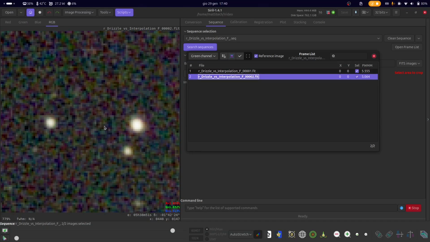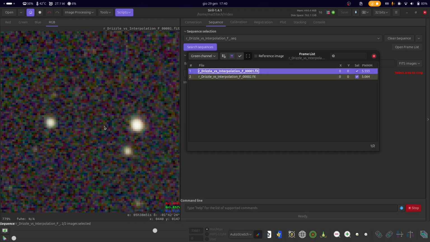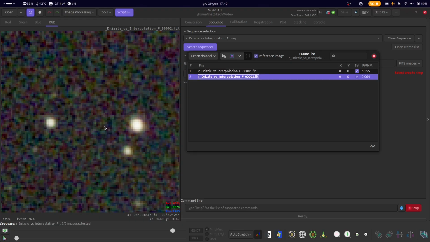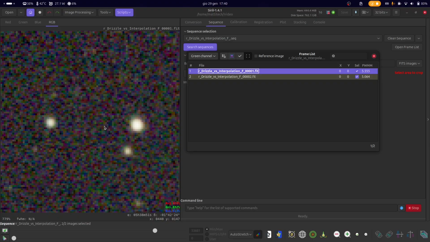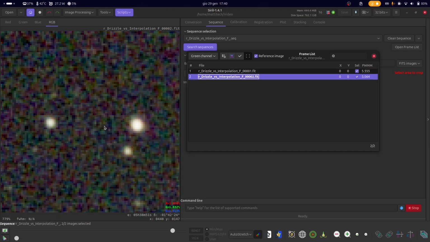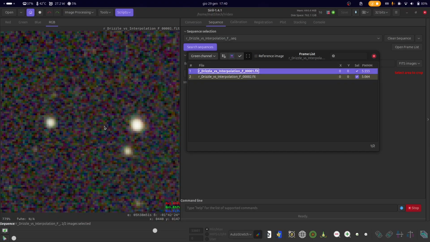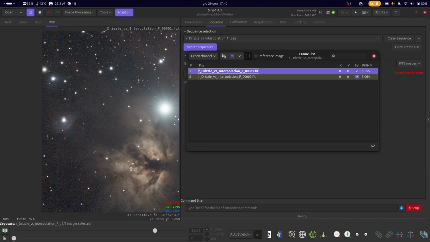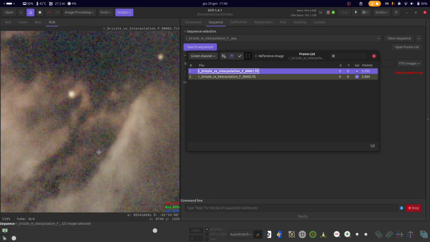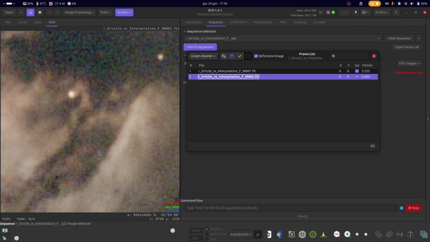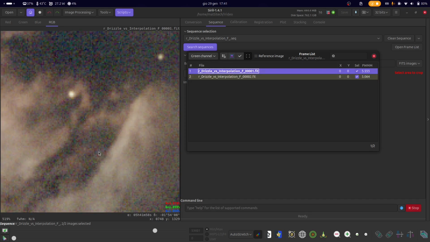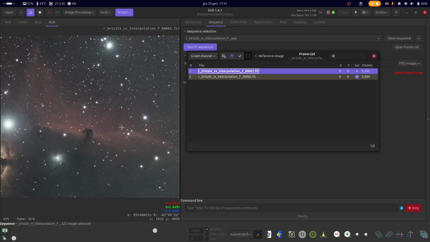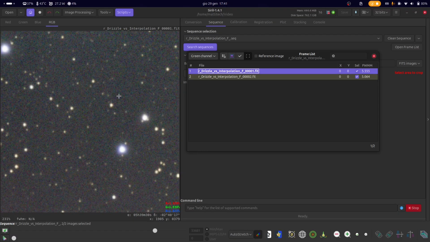So the thing here is that you may struggle even in the interpolated stack to tell what is signal and what is noise because of all of this mess in the noise profile. And so the same thing happens to denoisers like GraXpert that suffer a lot with correlated noise because they are not exactly able to tell what is detail and what is noise, so they start hallucinating on all of these